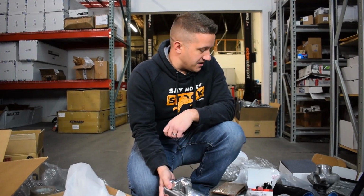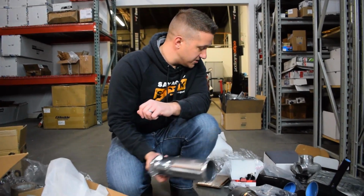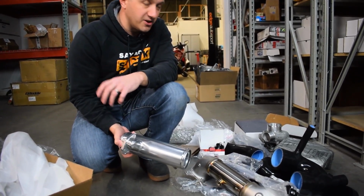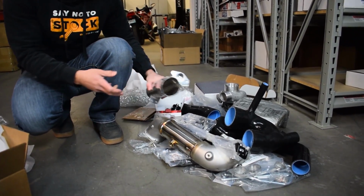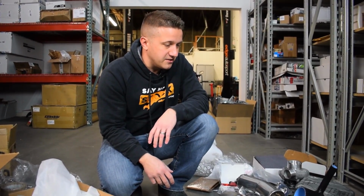So anyway, that's the last piece. Turbo, intake, downpipe, silicone, heat shield, blow-off valve, all that good stuff. It's all sitting right here. Hopefully that gave you a little bit of insight into what comes with the turbo kit. That is everything. So we're super excited to get this on our car